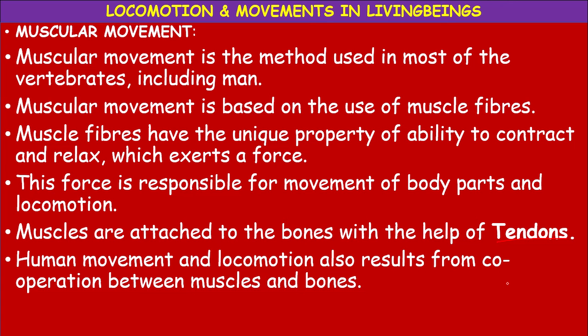Involuntary muscles are the muscles present in the internal organs, such as the heart. Special muscles are present in the heart, the cardiac muscles, and in internal organs like the intestine, even the lungs. They consist of smooth muscles which help in involuntary movement; without our will and wish, their movement takes place. Cardiac muscles are those muscles which function continuously from birth to death. They are structurally voluntary but functionally involuntary.